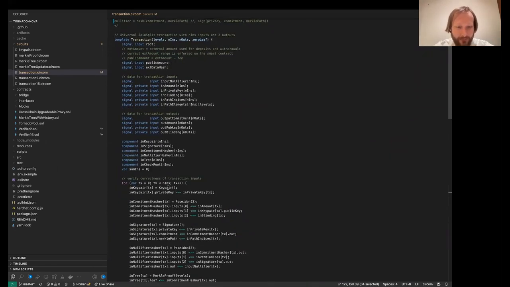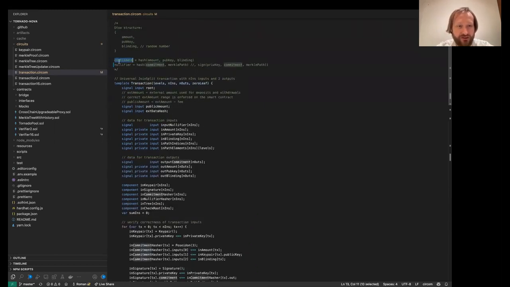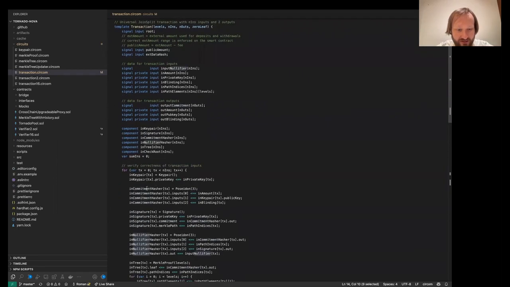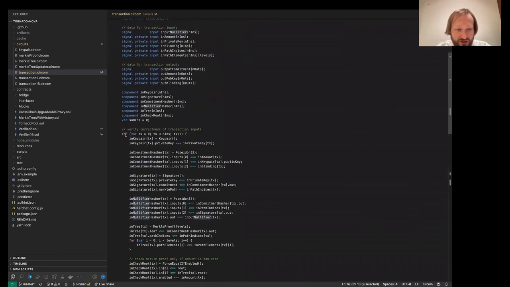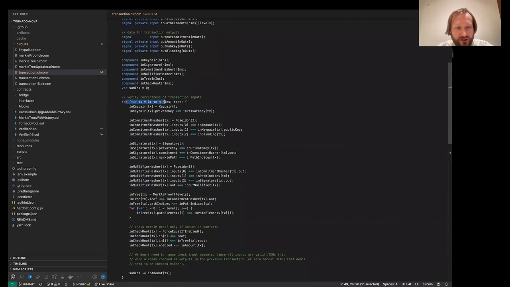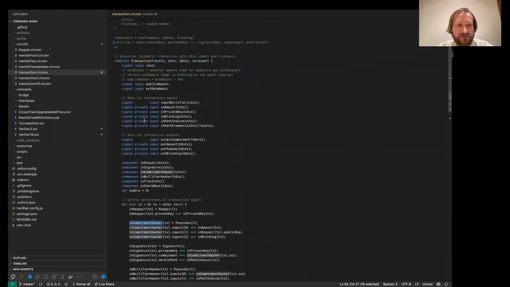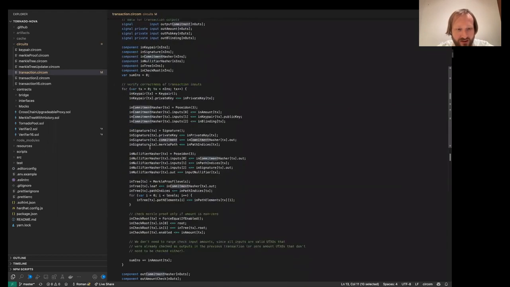It's just regular conditions. We need to compute commitment and nullifier for the inputs and outputs. So for each input, we compute the commitment and nullifier.